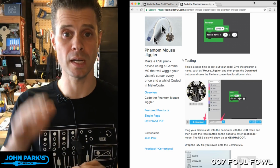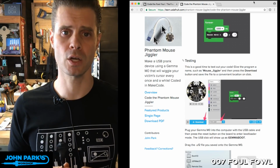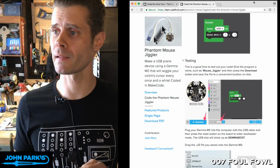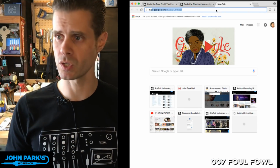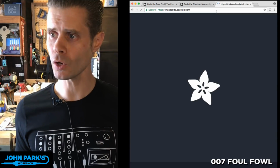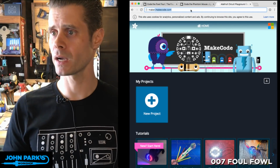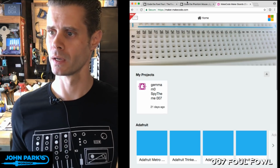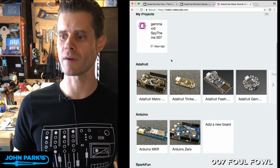Recently, Microsoft has put into beta this new version, which is called maker.makecode.com, and that one allows you to, let me just go to it right here, you can see it for yourselves. So there's the regular MakeCode, our good old friend MakeCode, and this is the maker.makecode beta, and as you can see here, there's a whole slew of other boards that we